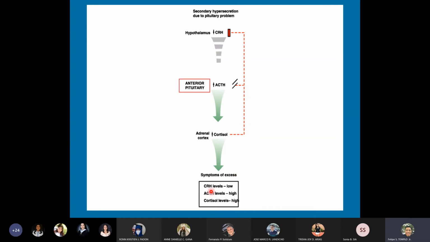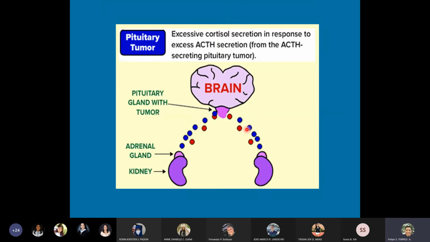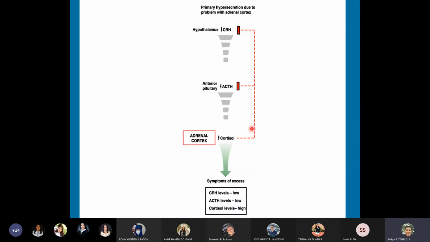If the result is that CRH is low, but ACTH is high and cortisol is high, the problem is in the anterior pituitary. So probably this is again due to a pituitary adenoma or pituitary carcinoma. So if the result is low CRH, low ACTH, but high cortisol, the problem is probably